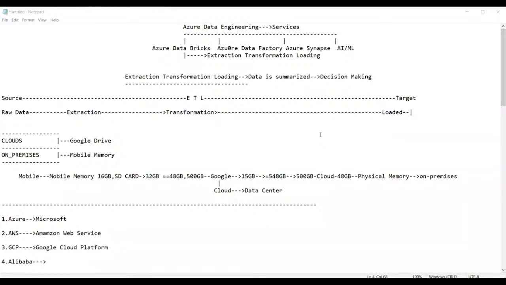Basically, if there is a project where you are going to use ADF and ADB both, ADF is used for the data ingestion process, up to data ingestion only, that means insertion of the data. Once the data is inserted, picking up the data from there, preparing or moving the data into Delta Lake and then performing the visualization, for all this process we are using ADB only.